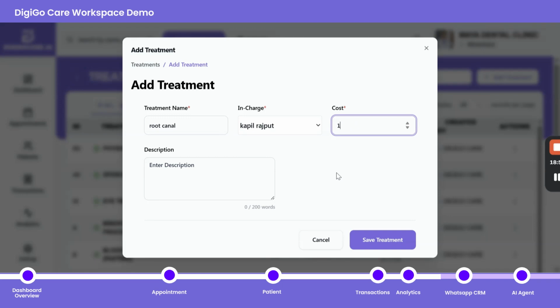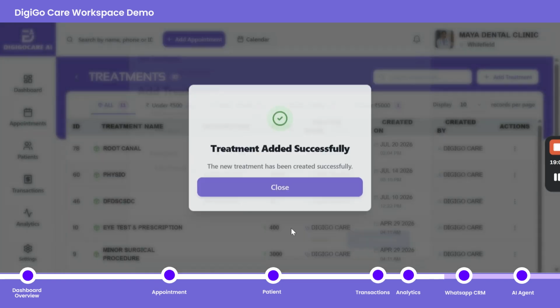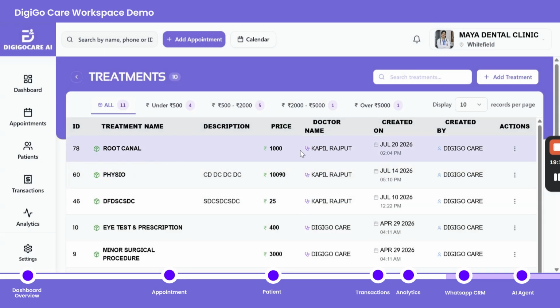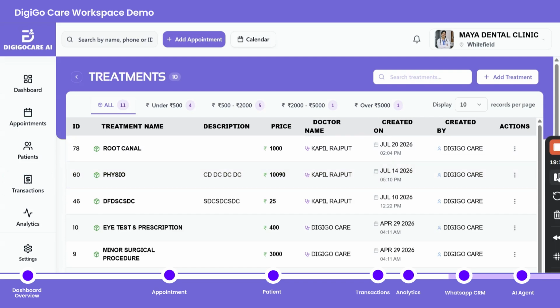So it's 1,000. Enter the description and save treatment. So for root canal, price is 1,000, doctor name, created on and created by. You can see everything here.